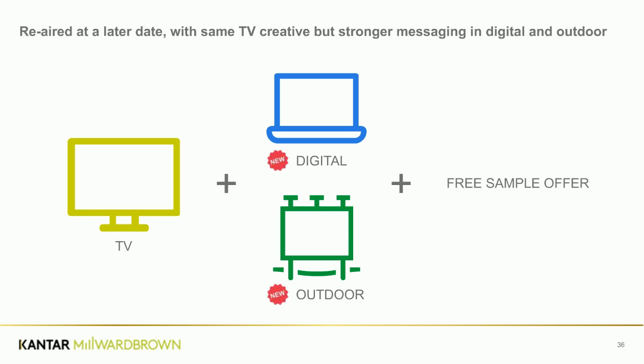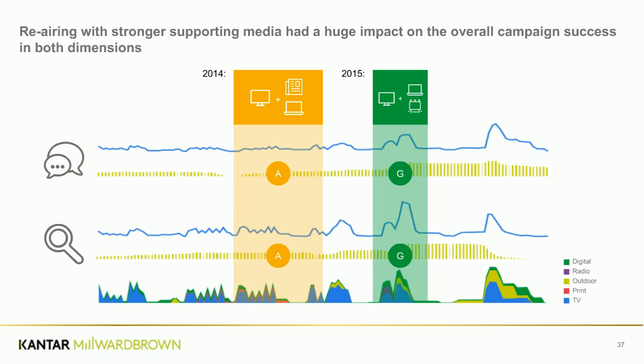So when they put this ad on air for a second time, they completely redid the supporting media. They did new digital activity, they replaced the print with new outdoor activity, each of which just focused on one new variant and included a much stronger call to action in a free sample offer for the product. And what we see then is a marked uplift, even by eye, in the impact of that campaign on the amount of search and social being driven by the advertising. So it was much more engaging, it was much better at building relevant interest,